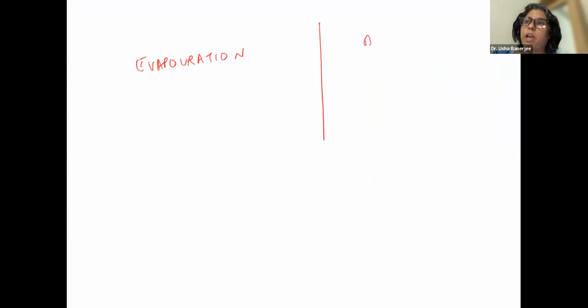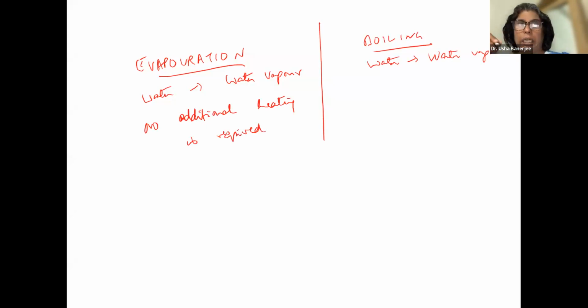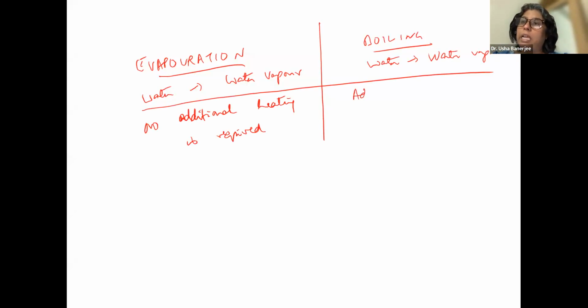Here both are water converting into water vapor. So what is the difference? In evaporation, no additional heating is required. When your mother dries clothes, does she put a gas underneath? No, it's not needed. But for boiling,